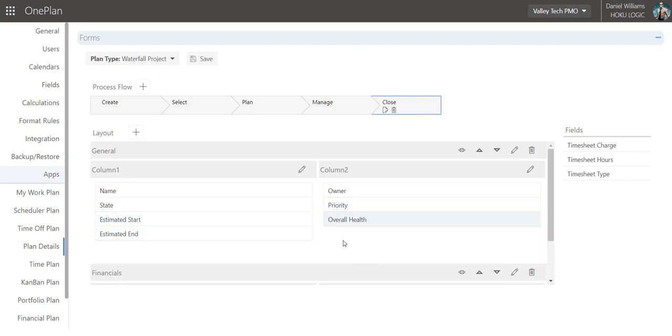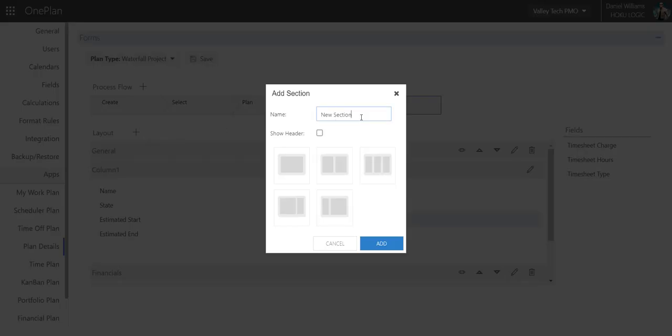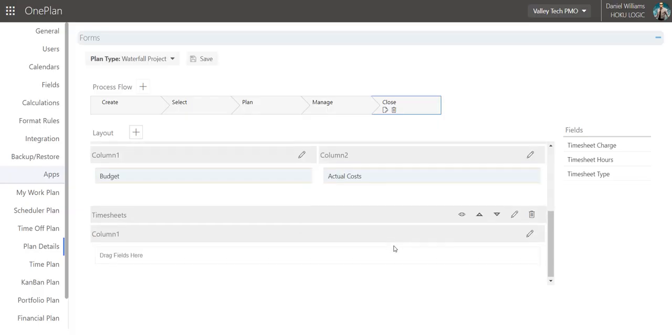And rearrange as needed. Sections can be set to shown or hidden per stage. I will add another section. For my timesheet fields here,